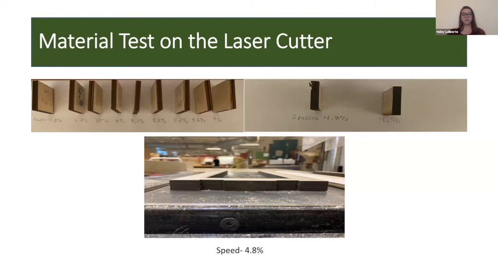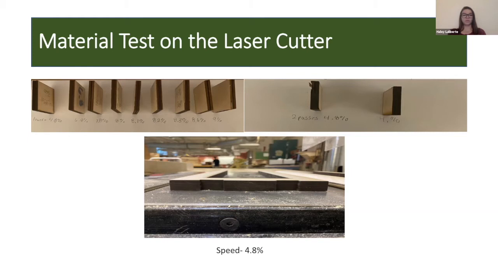In the top left picture are the different speeds we tested. The purpose for testing the speeds was to find the right speed that cut through the plywood in one pass and caused the least amount of charcoal on the sides. Because the plywood works so well, we wanted to use the plywood for our light